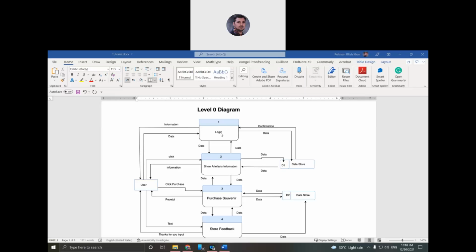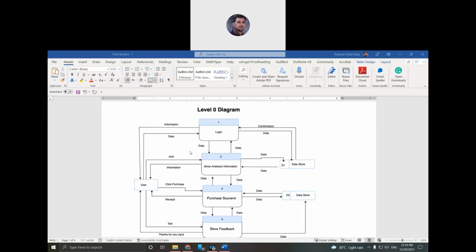I prefer it like this. You see, your question is, can we break the login function into login and logout at level 0, as it can explain clearly in level 0. You see, actually it is not that simple, because login means you must be registered first. So then where is the registration process?